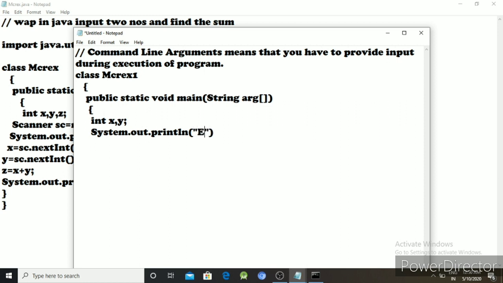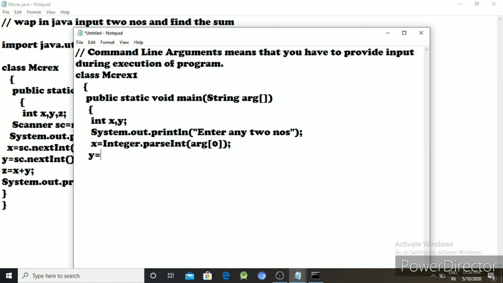So enter any two numbers. Okay, next x equal to Integer dot parseInt, arg 0, that means the first indexing value.